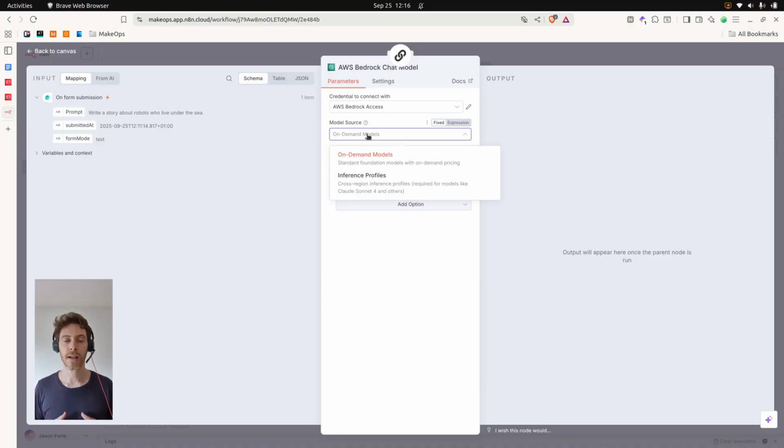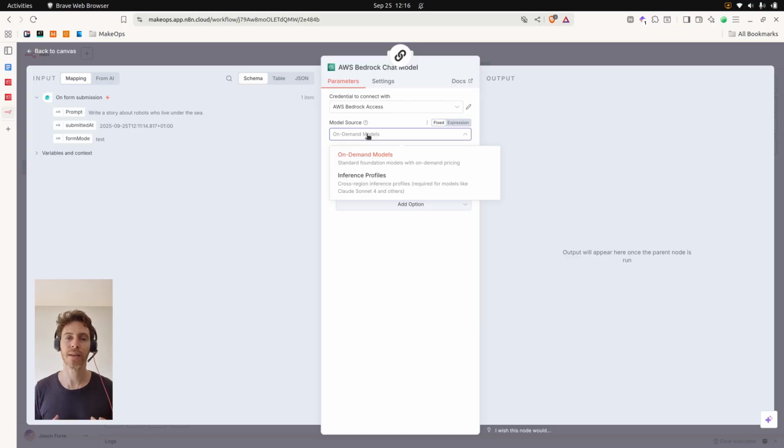An inference profile allows you to potentially move that data to a different region to handle that inference request. The downside is that if you are working in a regulated environment, you just need to make sure that you are able to process data in a different region to what you have stated in your compliance requirements. But when you use an inference profile, there is a better chance that your request will be serviced. So you generally have better reliability with the inference profiles if you are able to move data across those